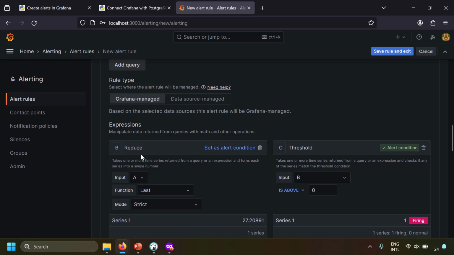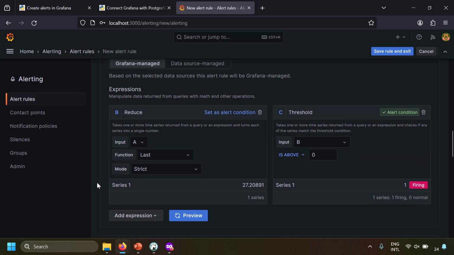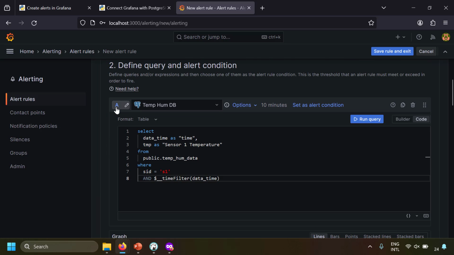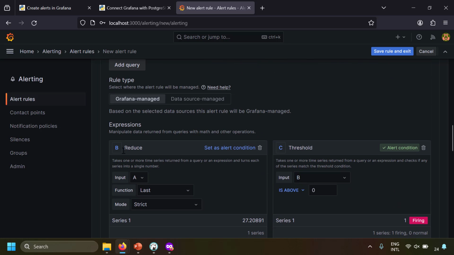The first expression is the reduce expression and the second expression is the threshold expression. So reduce expression, just as the name implies, you can reduce the whole series data into one number. So the alias of my input query is A. It can be seen right here, and the input to this reduce query is the A. So A is being input for this reduce query,